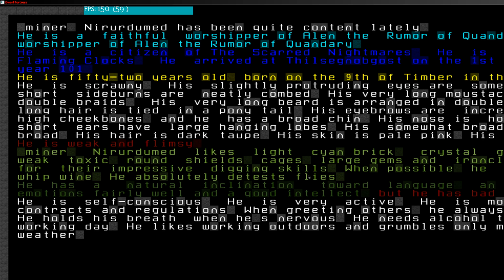And that's what this is. These are tied into the code, and it tells the game how to control this character, his personality, what he likes. Let's see here. Where does it say his likes? Miner likes light cyan bricks, so if he's in a room with light cyan bricks, it's going to improve his mood. Crystal glass, phase opal, weak toxic, round shields, cages, large gems, and ironclad cage-tooth boars for their impressive digging